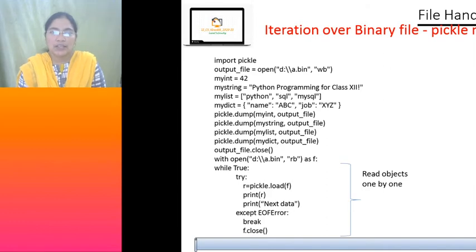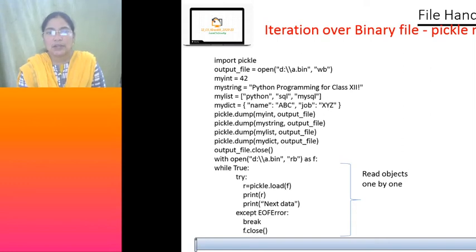As long as the condition is true, it keeps trying. So we can use a try except. If at all we reach the end of file, we can break, isn't it? End of file is reached means nothing else to read. So with open as a function, file f. Now when the f content is loaded, every one item is loaded here, and we are printing that content.